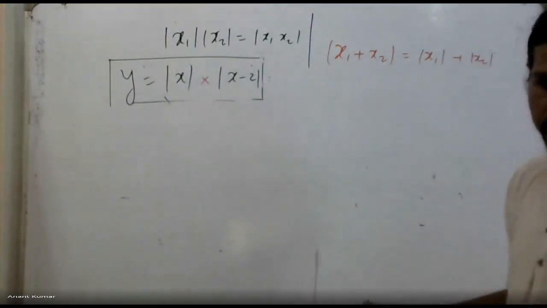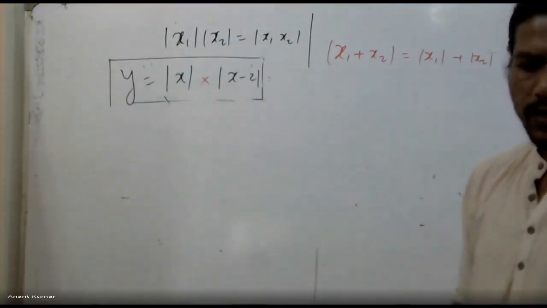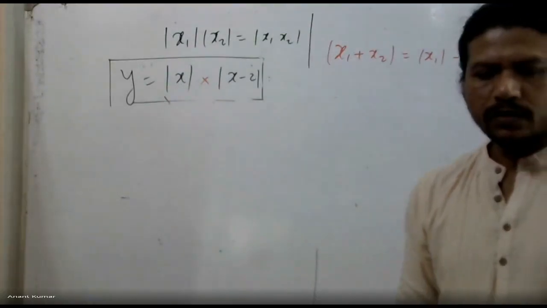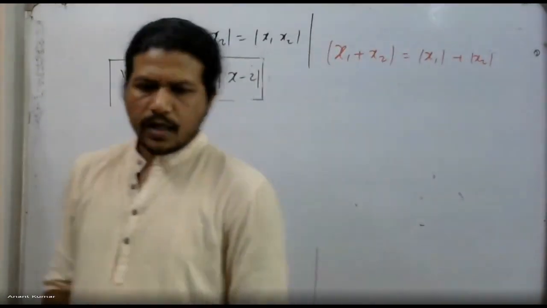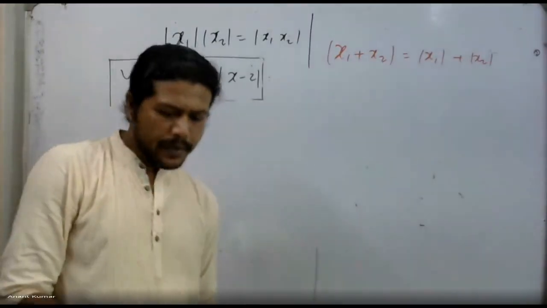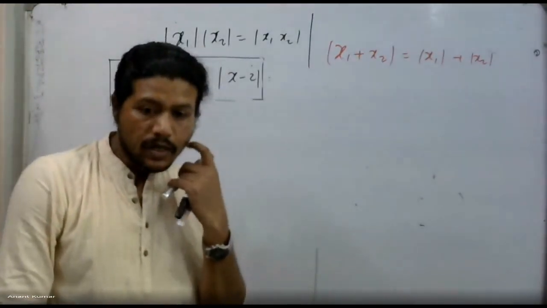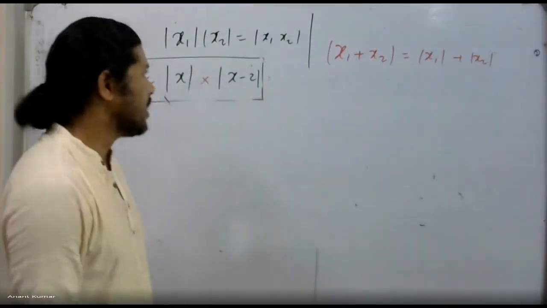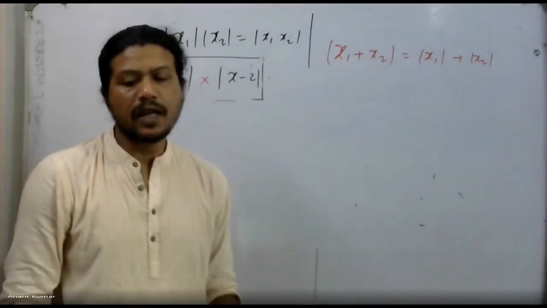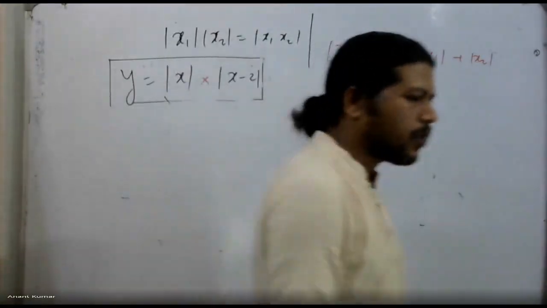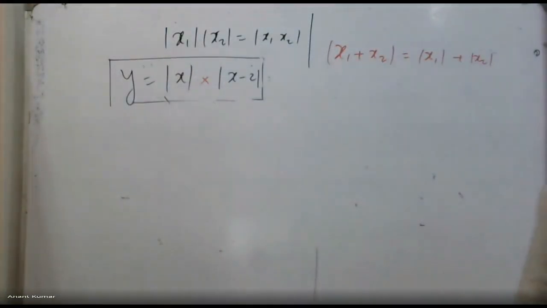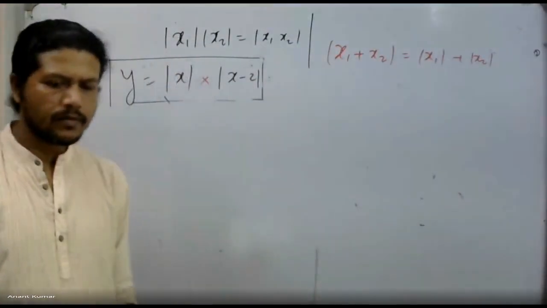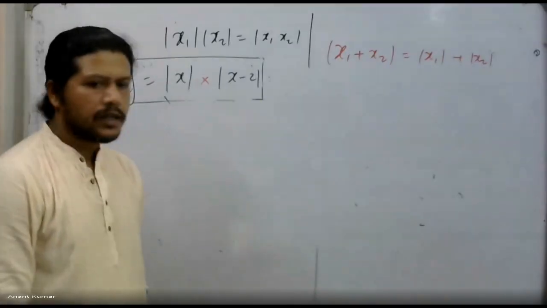What do you expect in this case? Will mod of x1 plus x2 be equal to mod x1 plus mod x2? Are they going to be equal? They will be equal. Yes, that's correct actually. They're going to be equal if and only if they have the same sign. Either they're both positive or both negative, only then it is correct. Otherwise it will not be correct. Zero also.